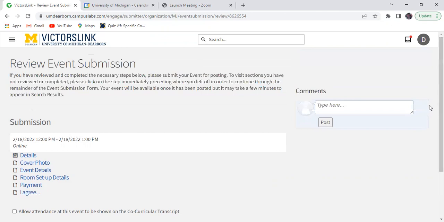I know I kind of went through everything pretty quickly, but hopefully it was thorough. It's a nice resource for you to have as you go and approve or submit for approval of events. The form can be kind of intimidating at first, but once you get the hang of it, it is fairly easy to complete.